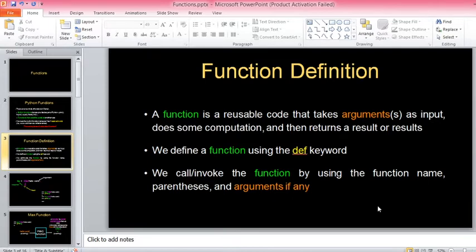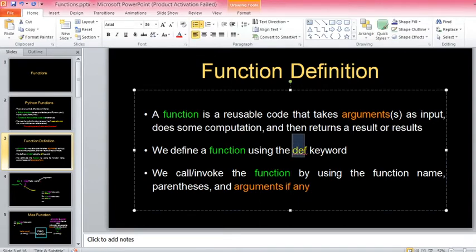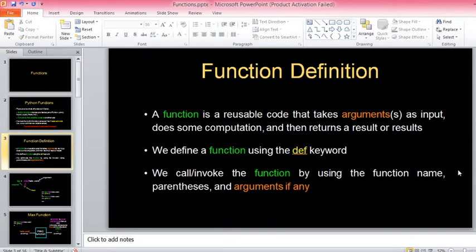Then how to define our own functions? That can be done with the help of a keyword called def, which stands for define. We define the function using the keyword def. Once we define a function, we can call it with its name and then parentheses.